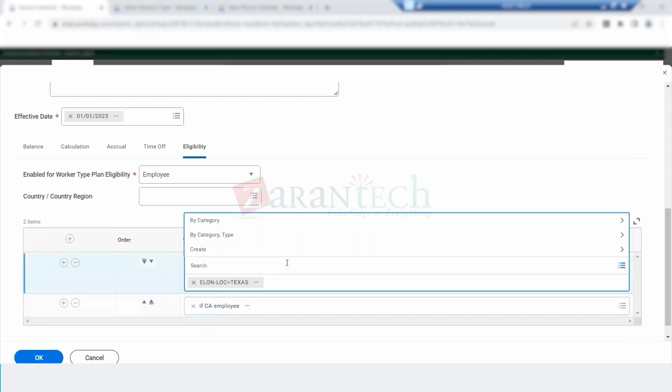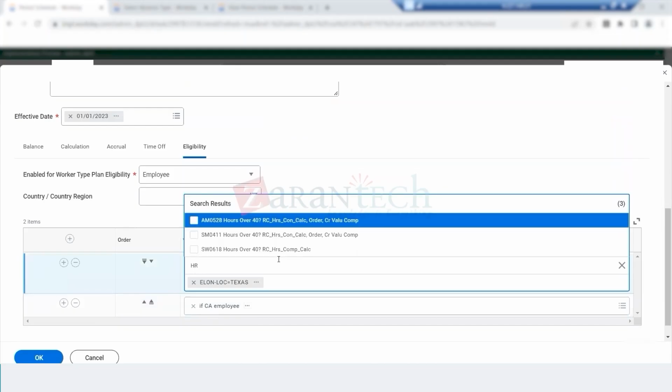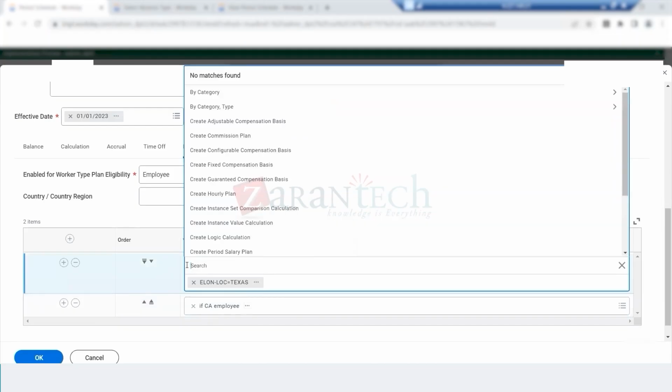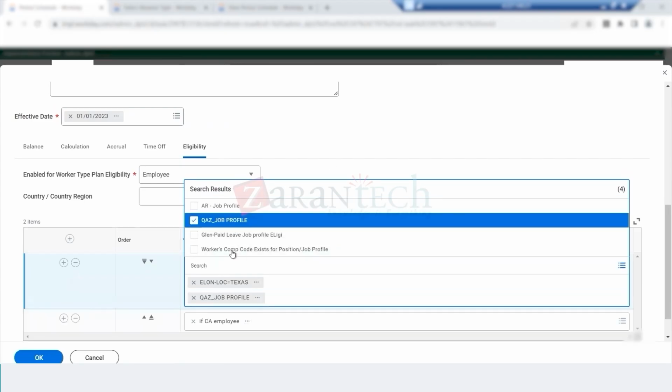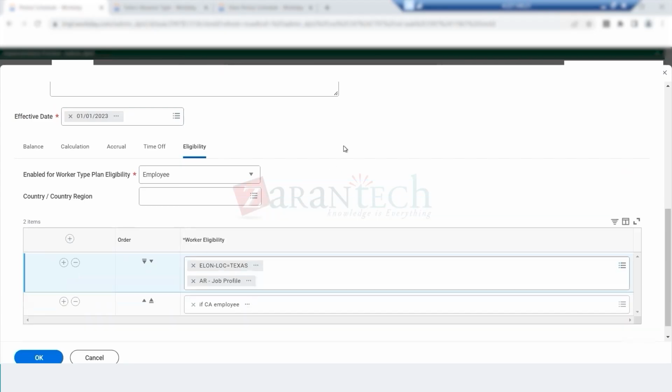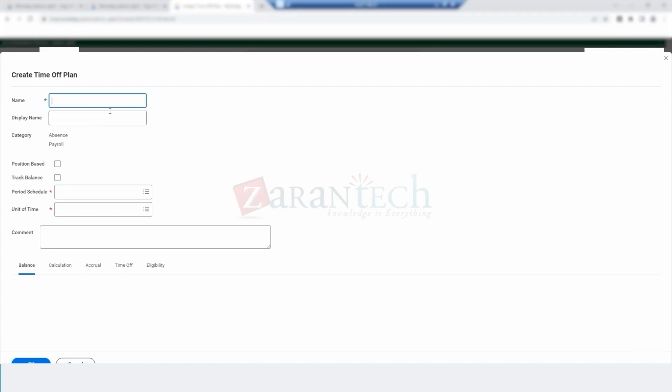Now let's make it more specific. What you can tell from this eligibility rule, just from the high level. So let's start with